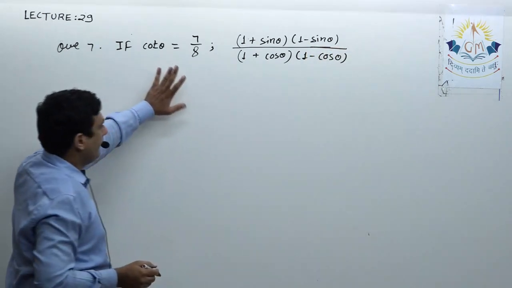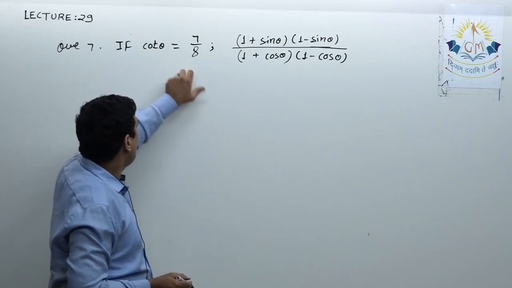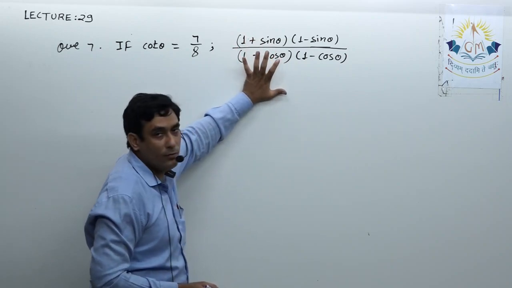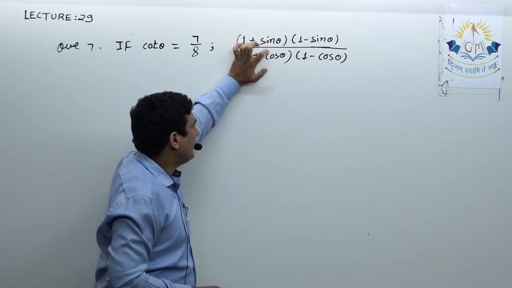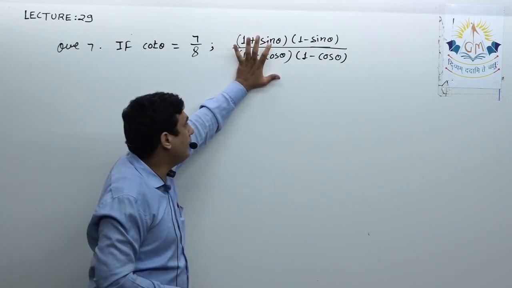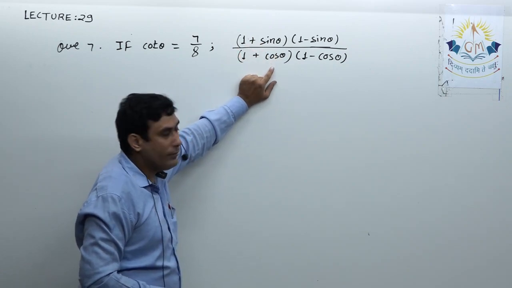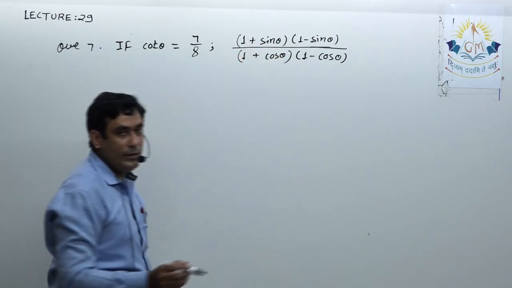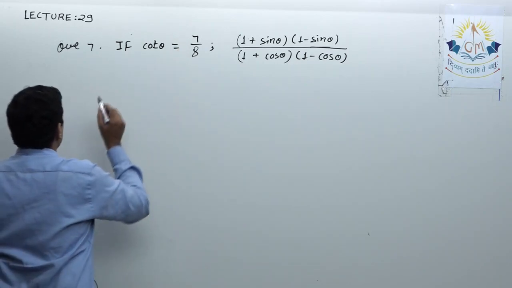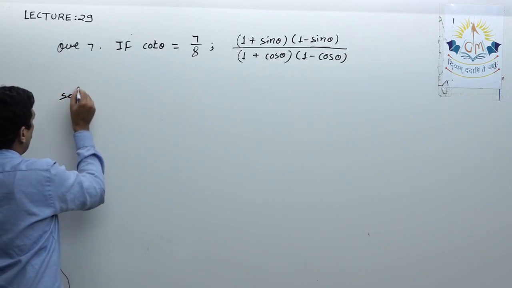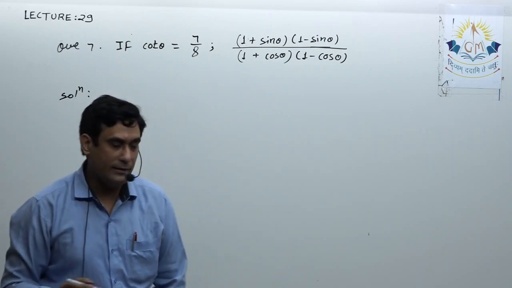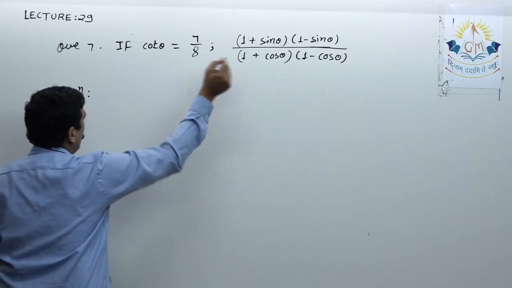So the very first thing that should come to your mind is that, to get the value of the given expression, we must have the value of sine theta and cos theta. To get these we must have the hypotenuse, because sine theta is perpendicular upon hypotenuse and cos theta is base upon hypotenuse. We only have base and perpendicular, so first by applying the Pythagoras theorem we will obtain the hypotenuse, then the values of sine theta and cos theta, and finally the value of the given expression.